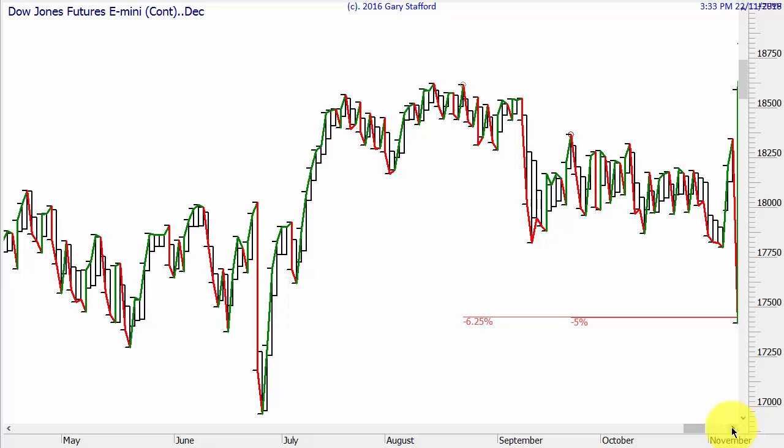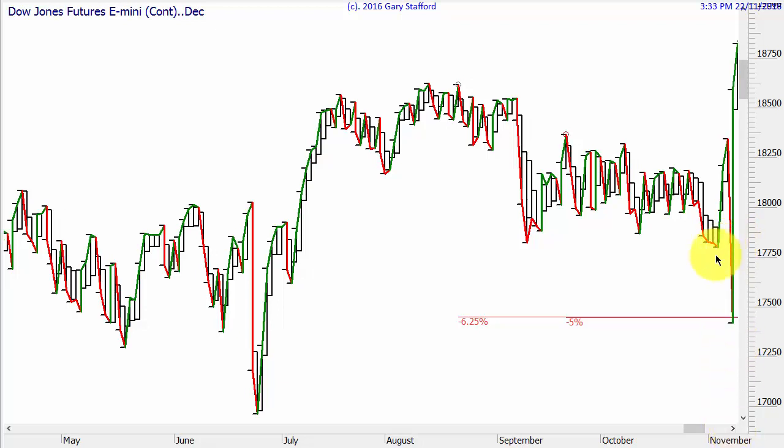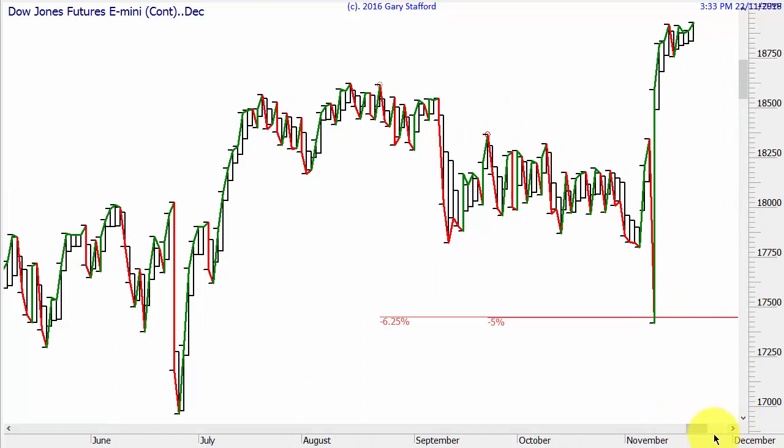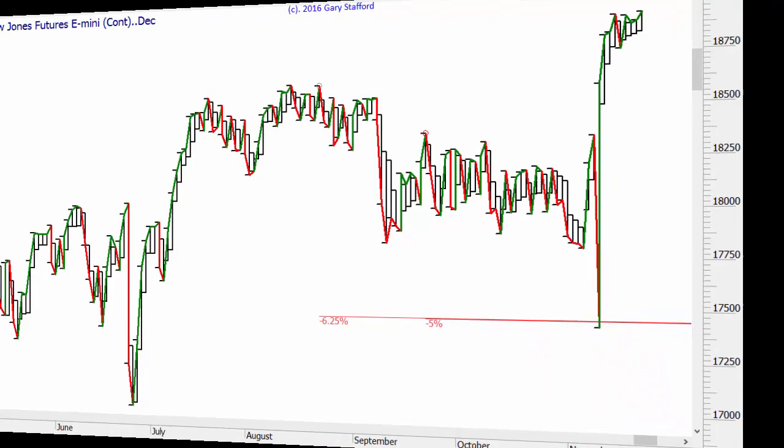So then there was the massive fall when, because of the Trump election, it goes shooting down to my level, which was in the Far East trading, and then suddenly went shooting up like a rocket, and as of today it looks like that. So it was just completely untradeable. Outside the normal trading hours I was 100% right, but it's just one of those things. So I give a lot of signals that I can't trade, and this is a classic example of that.